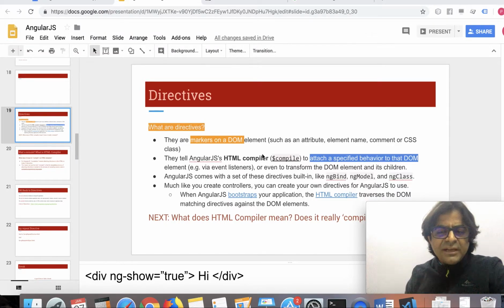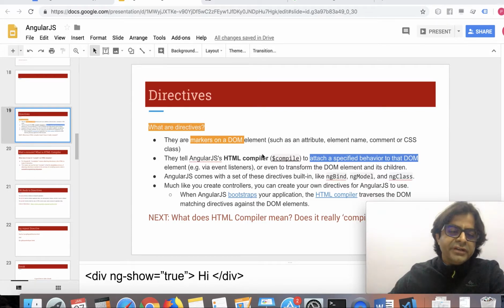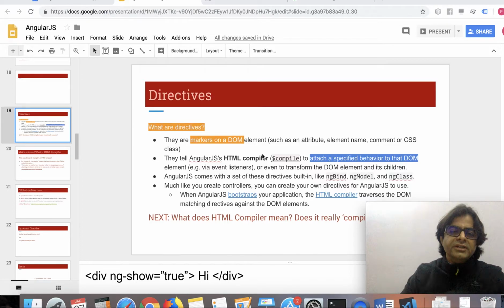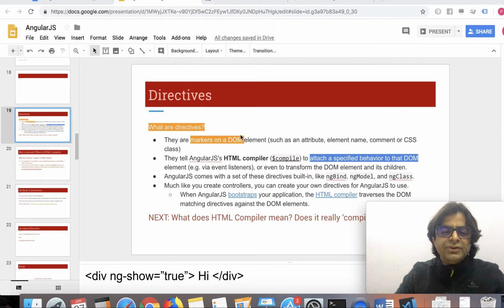Hi, now it's time that we will understand directives in AngularJS. In my earlier video, I referred to directives and I said that it actually means something like an attribute when it comes to the elements. Now, before we proceed to explain the directives, I think it is important for you to understand what is a